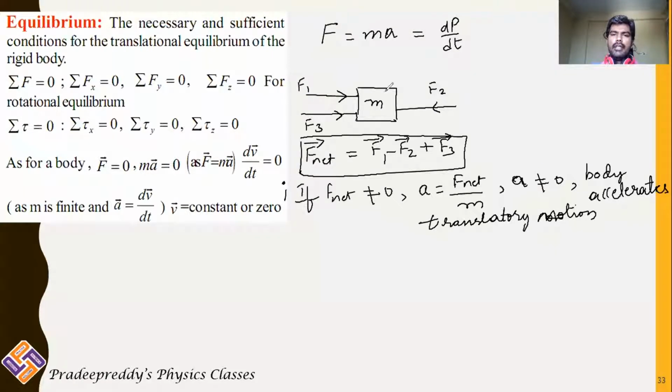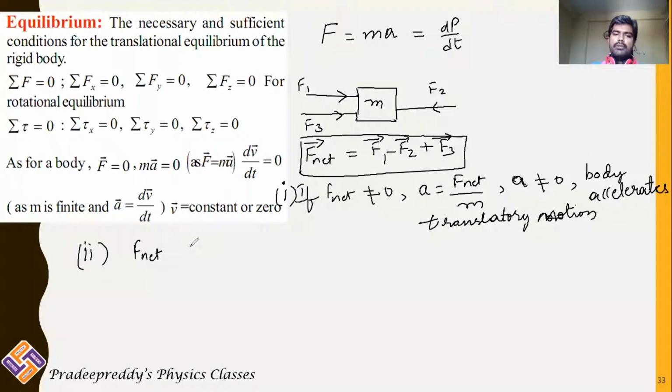So you are taking an object, and upon that object you are applying some force. As many forces may be there, if their net force is not equal to 0, then the body would be in translatory motion, and the motion would be in the direction of the greater force. Either it can be positive or negative, whichever is greater, corresponding to that you will have acceleration in that direction. Now let us come to the second condition, where F net, as there are three forces here,